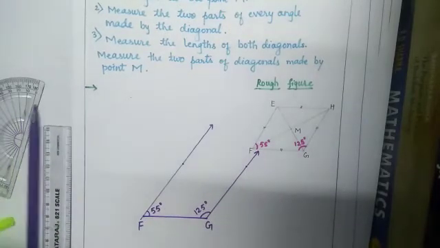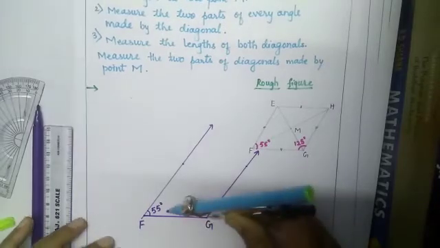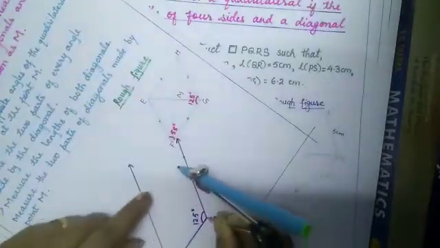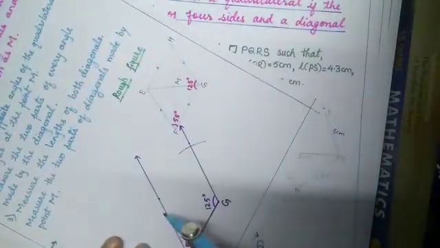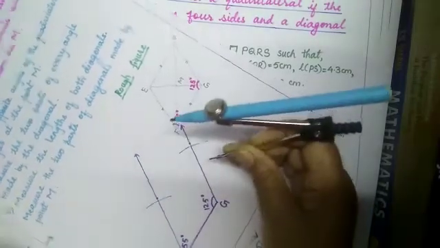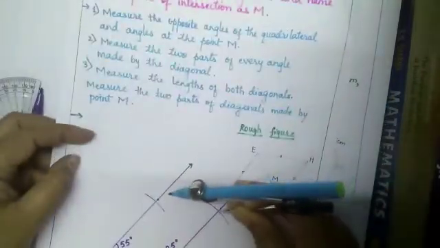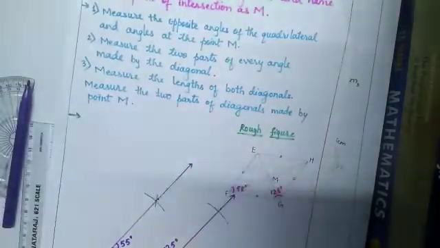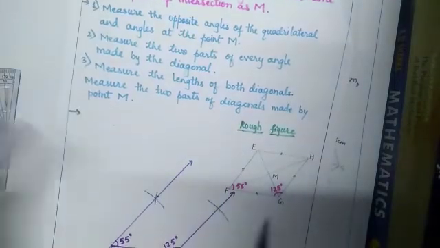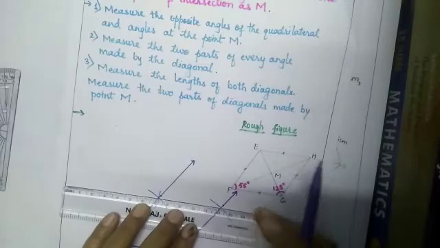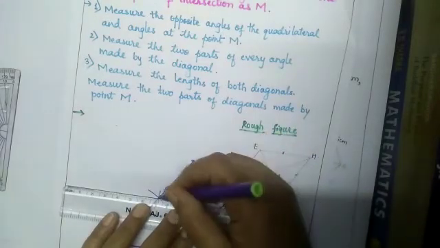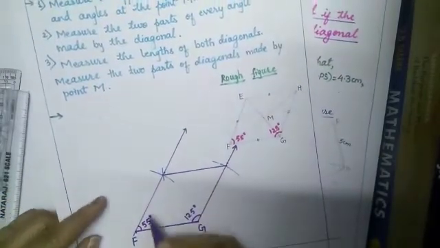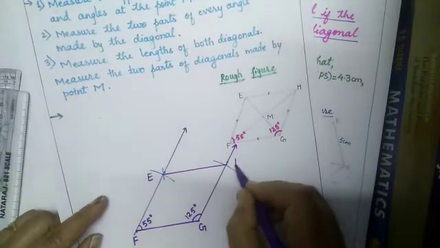Okay. Now take the measure, as all sides of rhombus are equal. Take the same measure. Whatever we have taken as FG, same measure we have to take from G also, and same measure from F also. Both the measures must be equal, and from this arc we will join this. And now these two arcs' intersection also we will join by a segment. Yes, we have drawn now. So this is a rhombus. Name this point as E, F, G, and this is H.